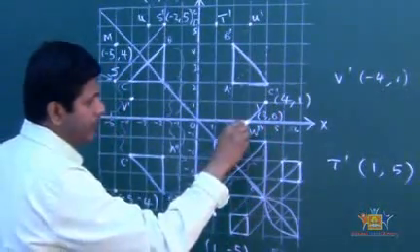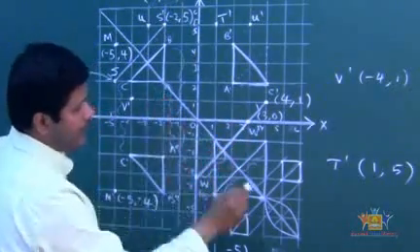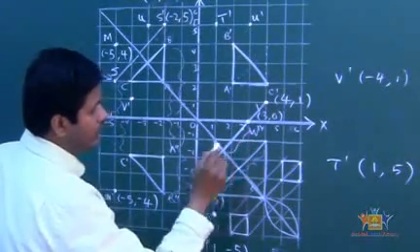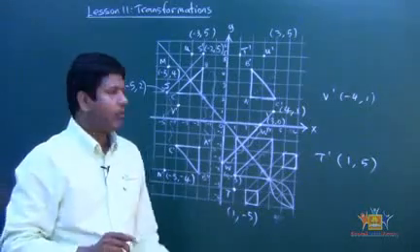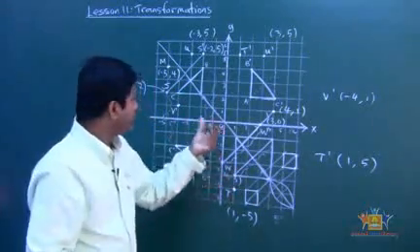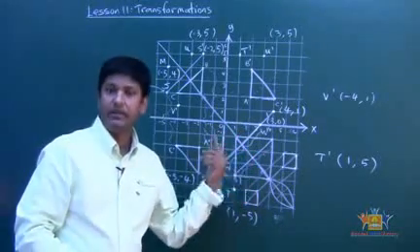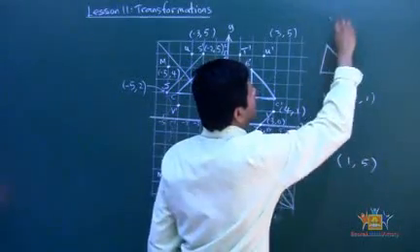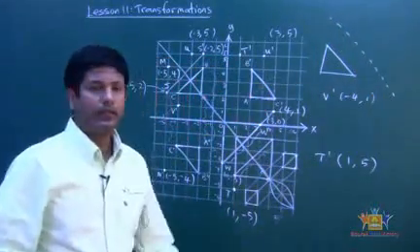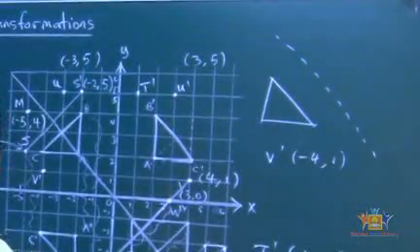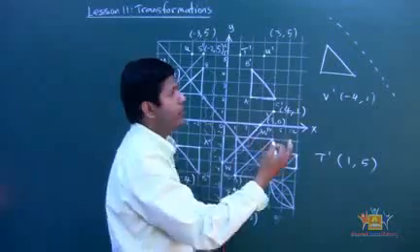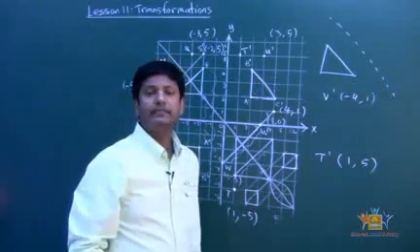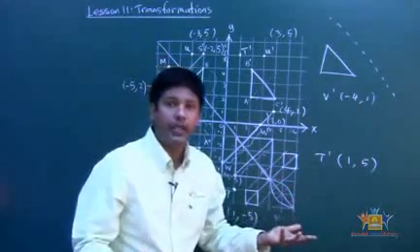Very important: it has to be perpendicular to the axis of reflection, and then the distance has to be equal. Now, because it's graph paper, we're able to sketch it and find the perpendicular line. What happens if I had to draw an image like this, and I told you this is the axis of reflection? I give you this object and I want to find its image using the axis of reflection given right there. How do we do that?